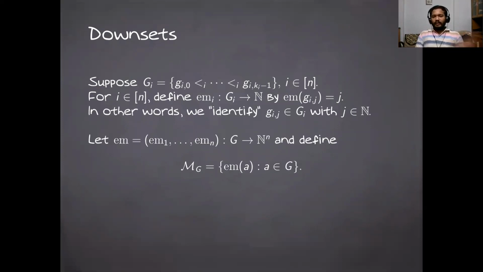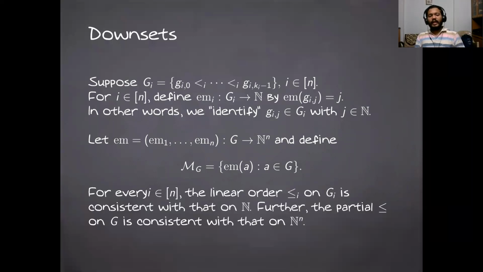So when you take a cross product of these maps, corresponding to the grid G inside F to the n, we get a grid in N to the n in a very natural fashion. And we collect all those vectors with non-negative integer entries and call this set N sub G. And this is going to be very important for us because we want to introduce polynomials, and the monomials that we consider for the polynomial functions are going to come from the multi-indices in N sub G.